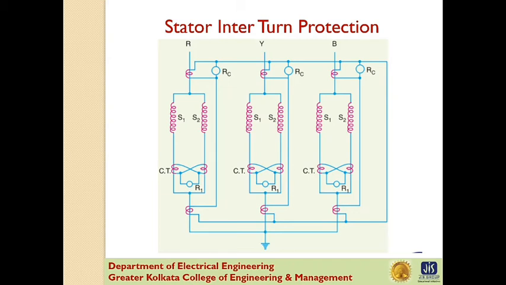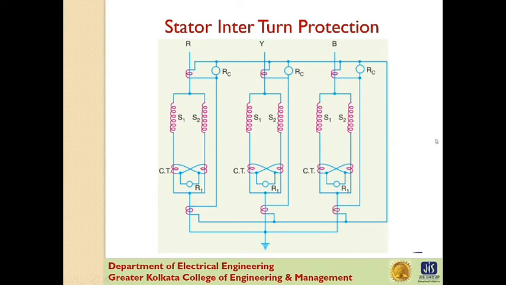Now, in single turn generators, large steam turbine generators, there is no necessity of protection against interturn fault. However, interturn protection is provided for multi-turn generators such as hydroelectric generators. These generators have double winding armature, that is, phase winding is divided into two halves owing to very heavy current which they have to carry. Now advantage may be taken of this necessity to protect the interturn fault on the same winding.